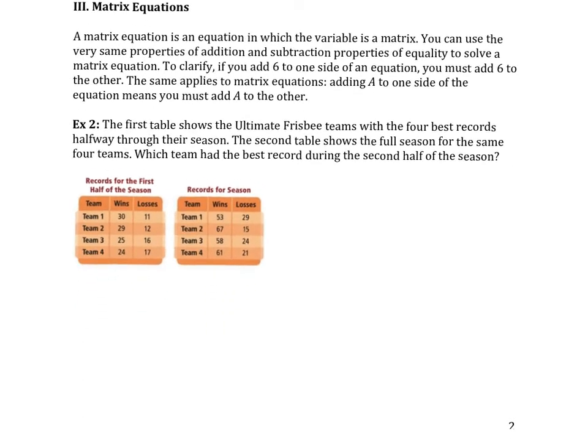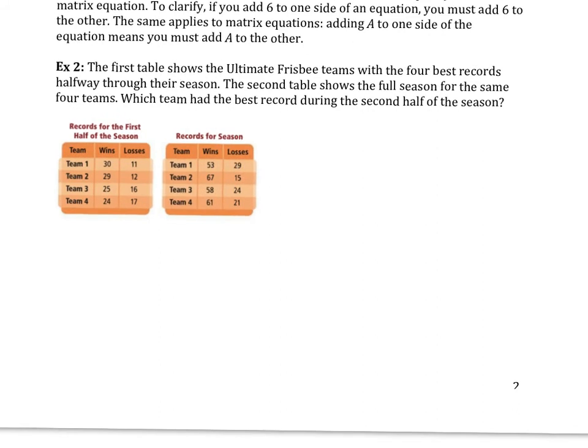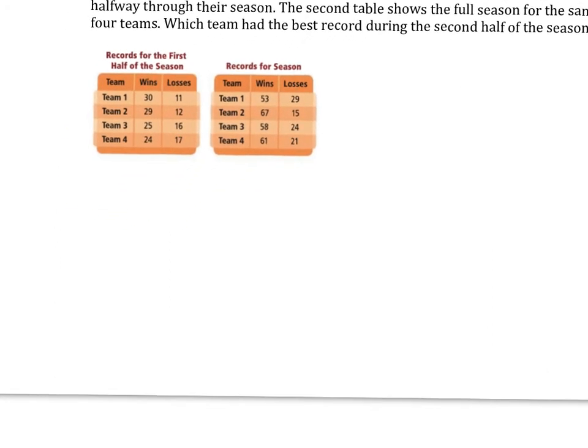So let's take a gander here at Ultimate Frisbee and records. The first table shows the Ultimate Frisbee teams with the 4 best records halfway through their season. So here we go. Team 1 has 30 wins and 11 losses, etc. The second table shows the full season, the entire season, for the 4 teams. Which team had the best record during the second half of the season? Okay, so first off, let's set these ones up as matrices. Let me call A the first half,